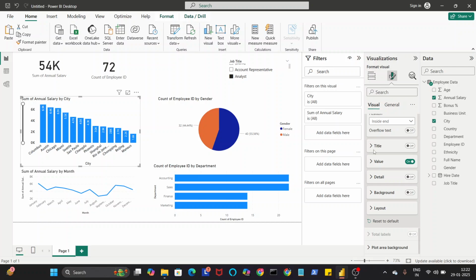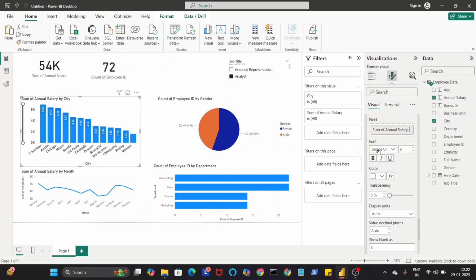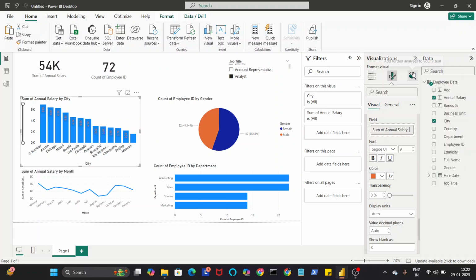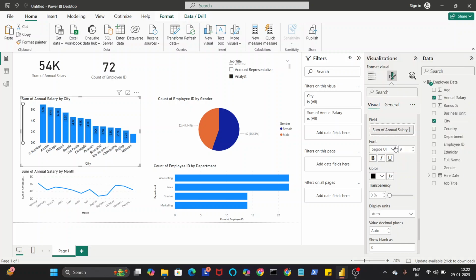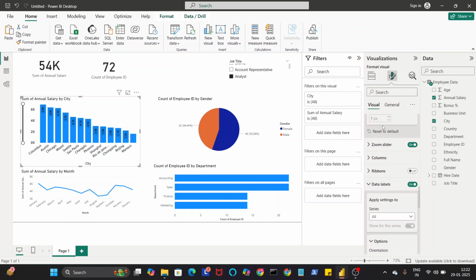So this is the overall. Okay, now it is good for the value. I change the data labels color to white. It's white already. So this is not good. Okay,